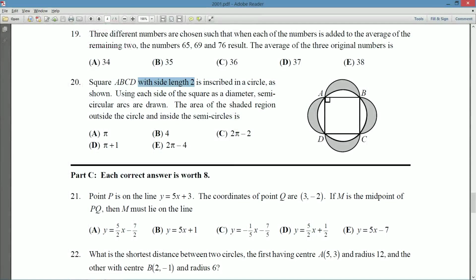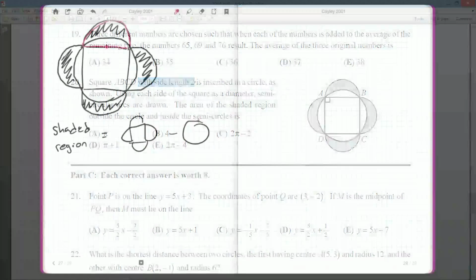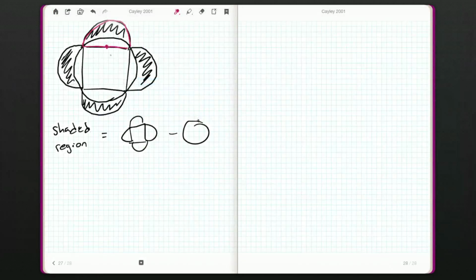Well, we've got a square with side length 2. Half of 2 is the radius of each of these semicircles, which is 1. And each of these semicircles are going to be the same. So we've got 4 semicircles